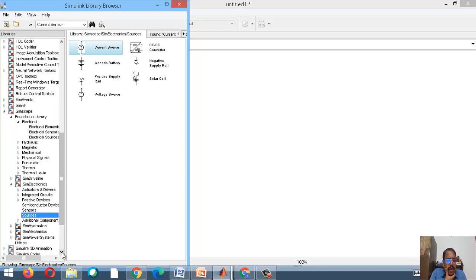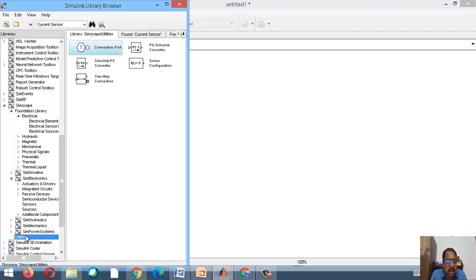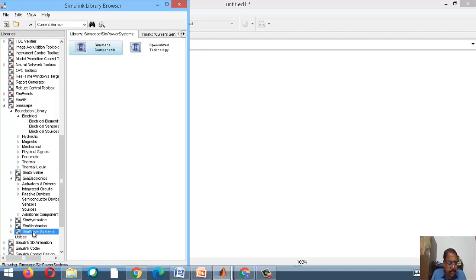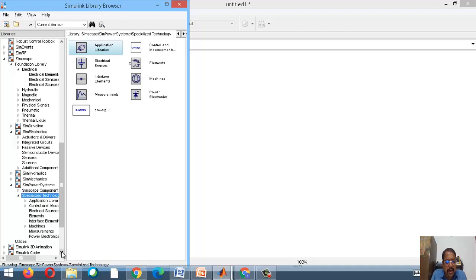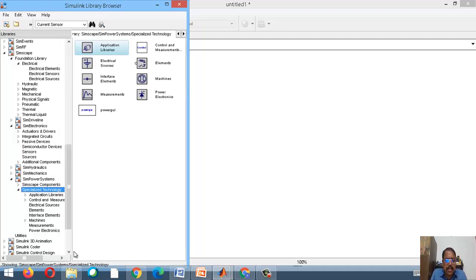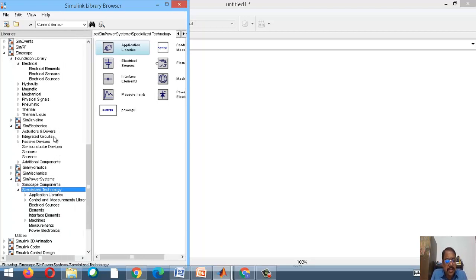a DC source. For that, I will go to this utility. So I will go to specialized technology. So in this specialized technology, just take down this alone. If you have any scribbling paper, just take note of it. In Simscape, under Sim Power Systems, I am going for specialized technology. So in this specialized technology,